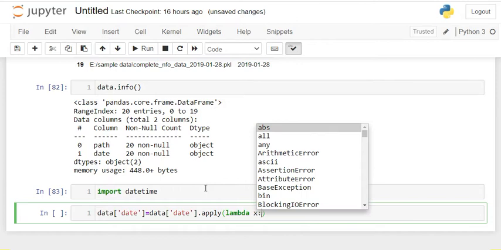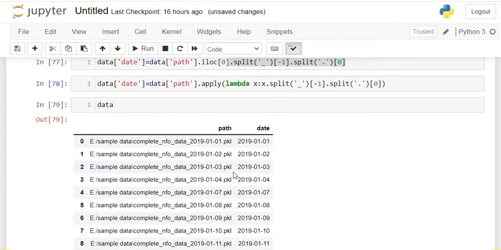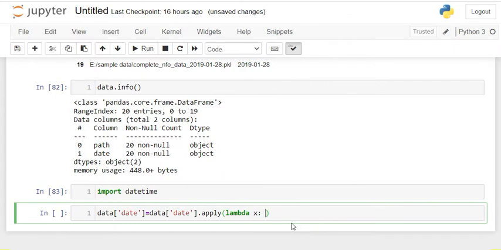So we say x, and then we use datetime.datetime.strptime. That's the method where you can convert any string into a datetime format.